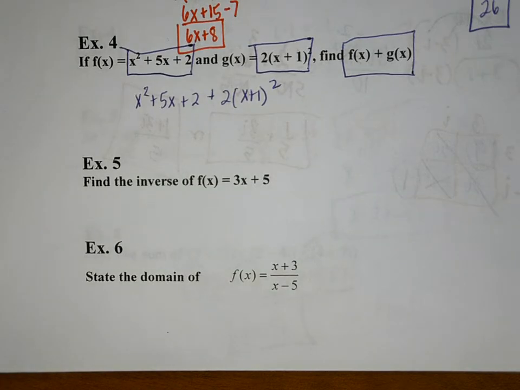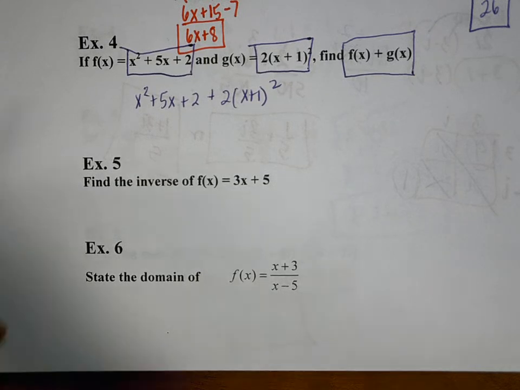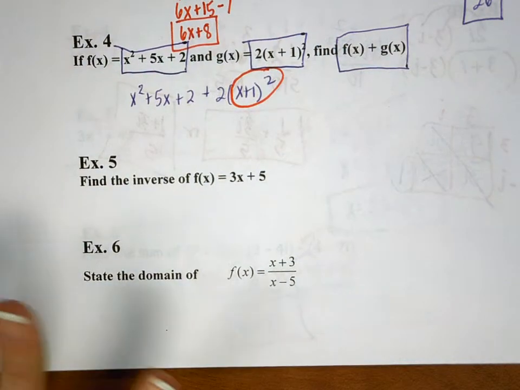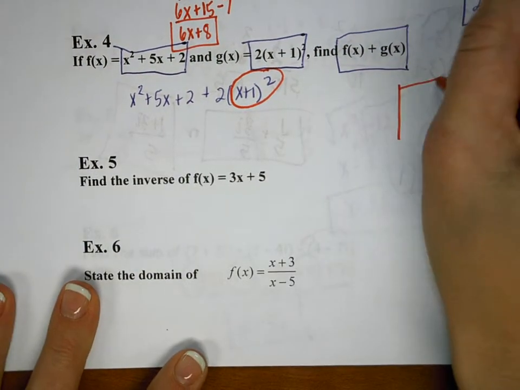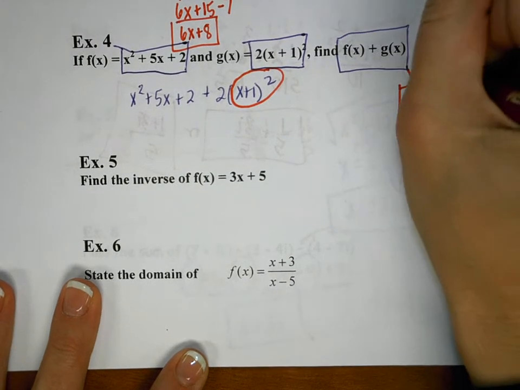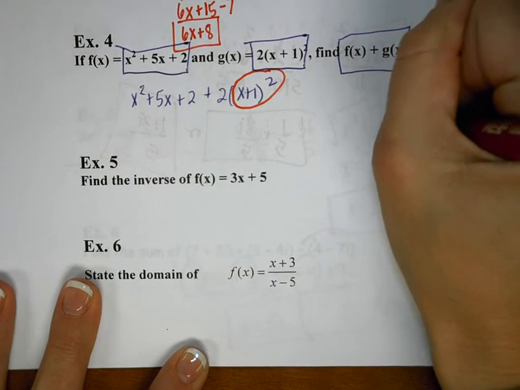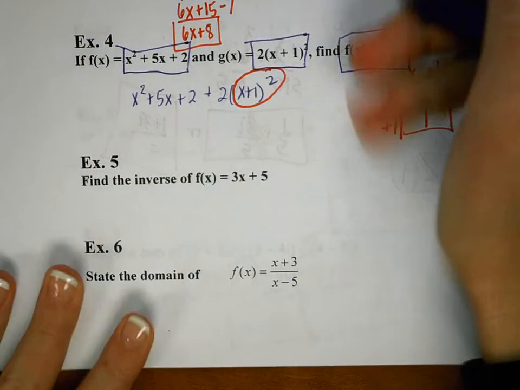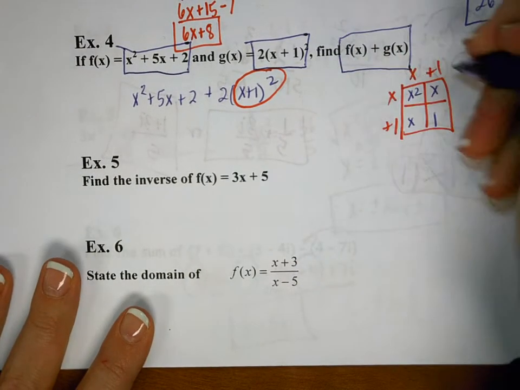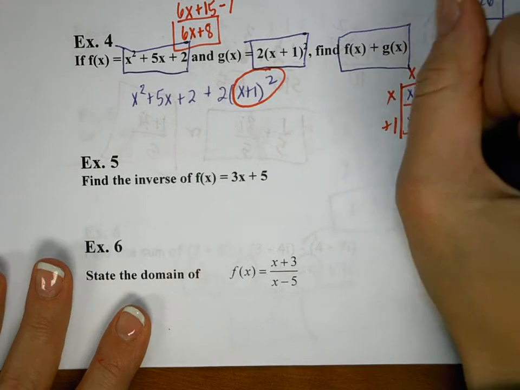What do we need to do first in order to simplify this? Before distributing, box this up. X plus 1 squared. Okay? So if you want to go to the side and make a box to multiply that out, you can. And so we have x and a positive 1 and x and a positive 1. When we multiply, I get x squared, x, and 1, which makes